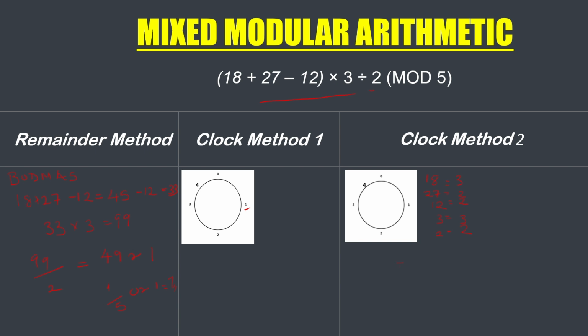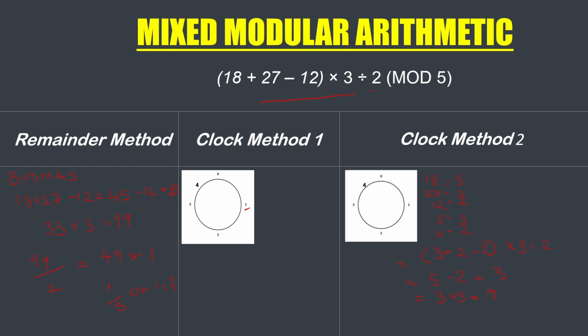Then we substitute it in this equation. So it's going to be 3 times (2 minus 2) times 3 divided by 2. We open our bracket, 5 minus 2, because 3 plus 2 is 5, minus this 2, it will give us 3, as we did before. 3 times 3